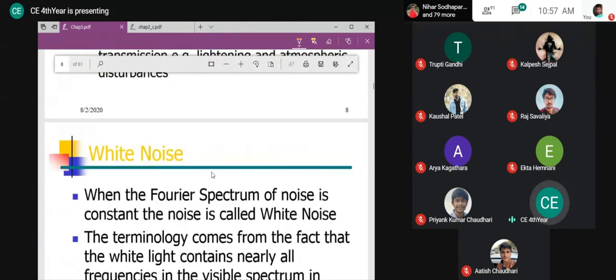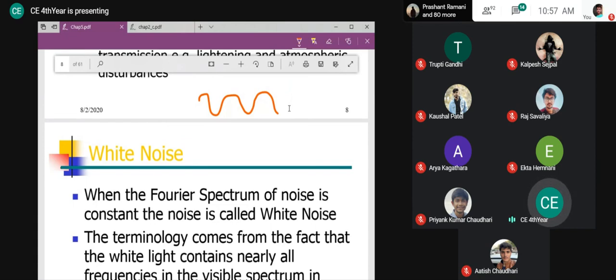Now, the frequency property is what is the frequency of the noise, right? The noise signal is also a voltage signal only. It is also an electric signal only, but it is unwanted. It is extra to my requirement. So it will have its voltages and its frequency. You know that any electric signal will have two attributes: voltages and frequencies.